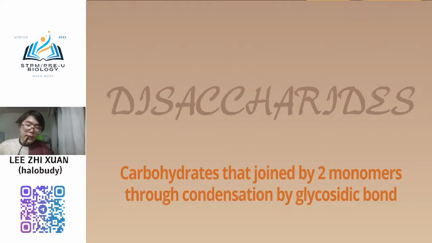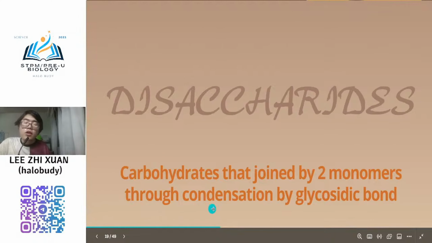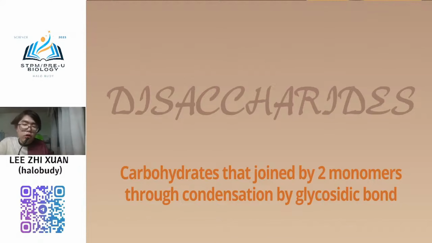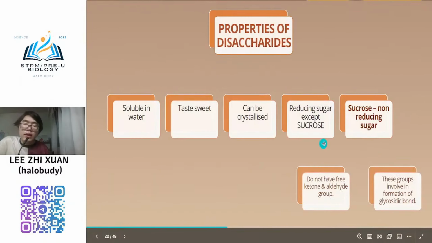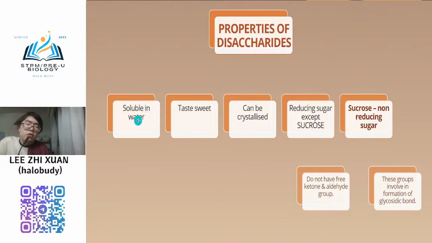Okay, now we go to disaccharide. So disaccharide, we know that it is a carbohydrate, the monosaccharides joined by two monomers through the condensation process by glycosidic bond. So we know that in SPM, glucose and glucose will form maltose, glucose and fructose will form sucrose, and glucose and galactose will form lactose. All that, right? Or that you know. So similarly for the disaccharide, you need to know about the properties. So it is also soluble in water and also crystalline, and